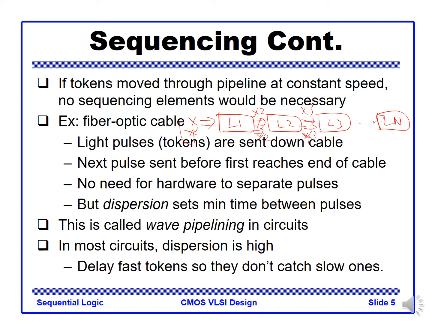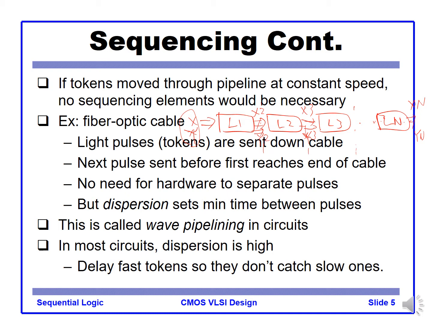If the input changes, all the intermediate node outputs come out at the same time, and then the final result you will get at the output as xn, yn. In that case, you don't need a sequential element like a flip-flop in between,